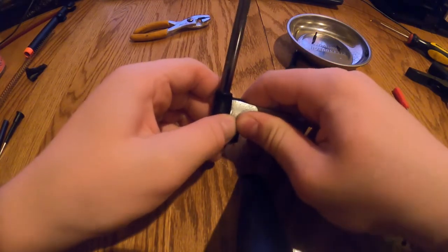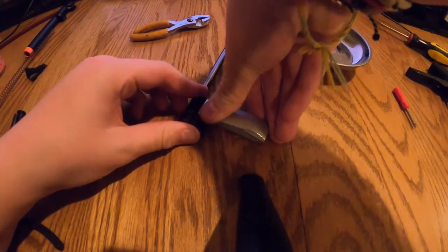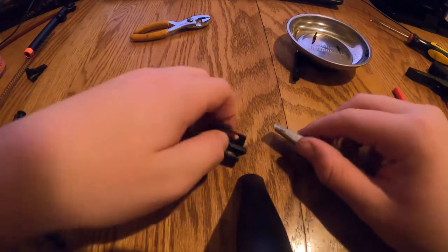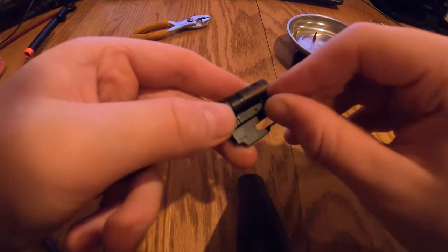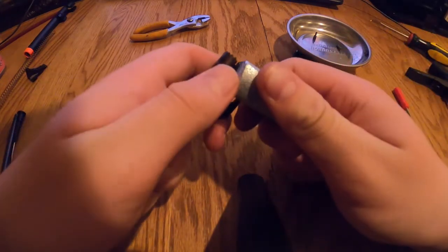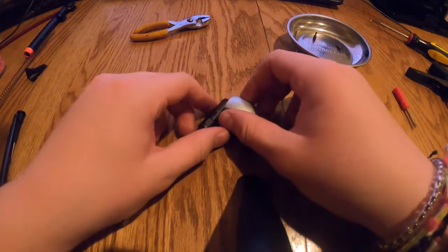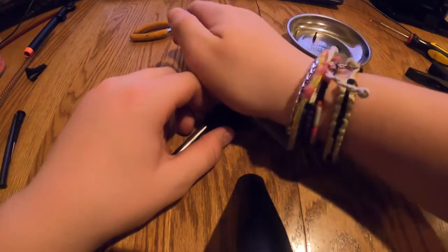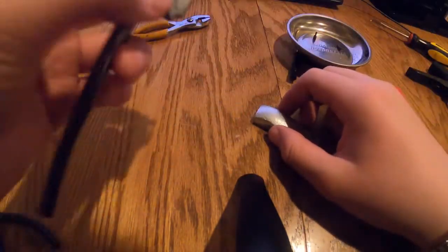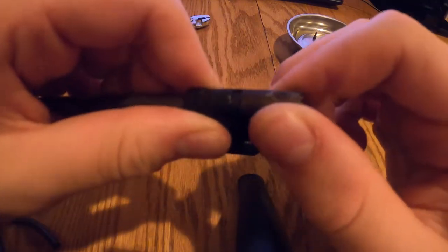Press that in. Just make sure it gets in flat, or this won't move as smoothly as it could. Yep. Alright, so now we put the other one in. Right there. Go and just kind of... There we go. Alrighty. So now, if everything still turns right the way it should, the hop up still works,